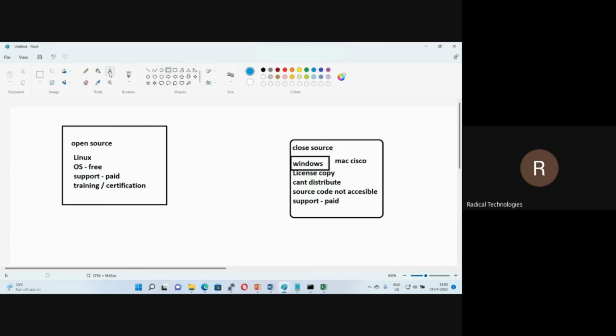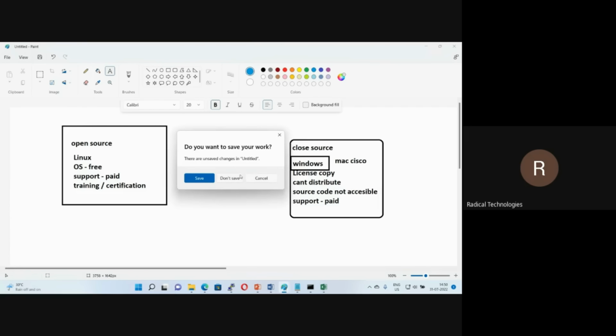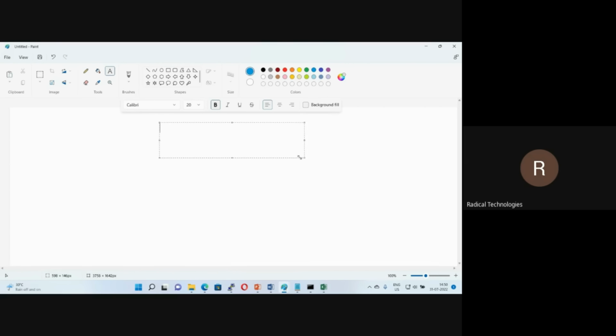That means tomorrow, let's say if you go to the kernel.org website and download that million lines of source code, you are a very good programmer, you download that source code. This source code is nothing but the Linux source code, right guys? Response me please, yes or no? Yes. Linux source code. So Linux is not an operating system, guys. Linux is a kernel.